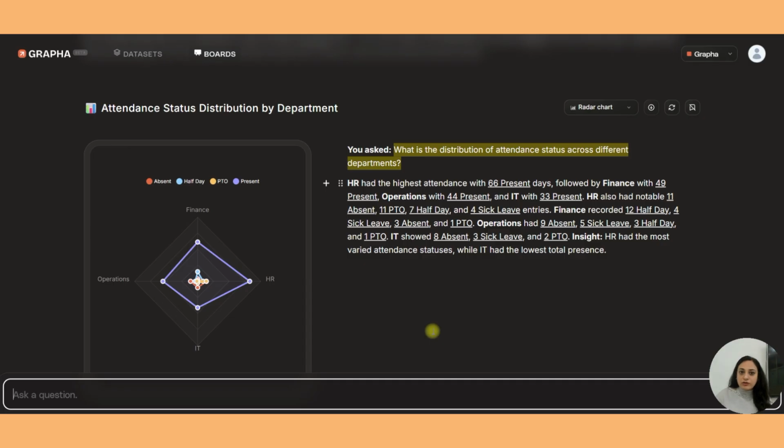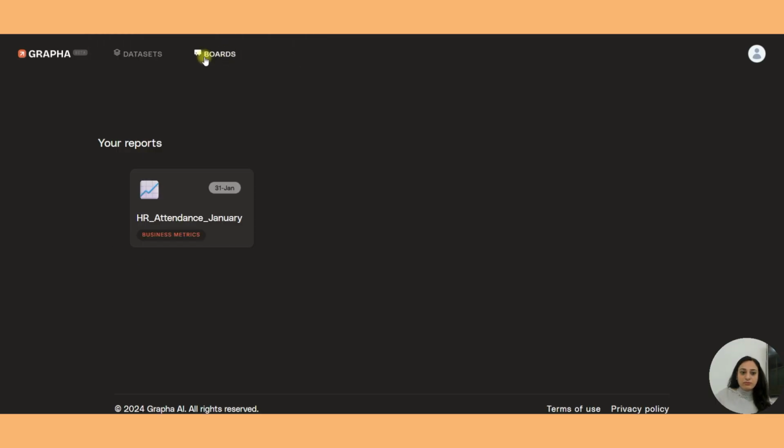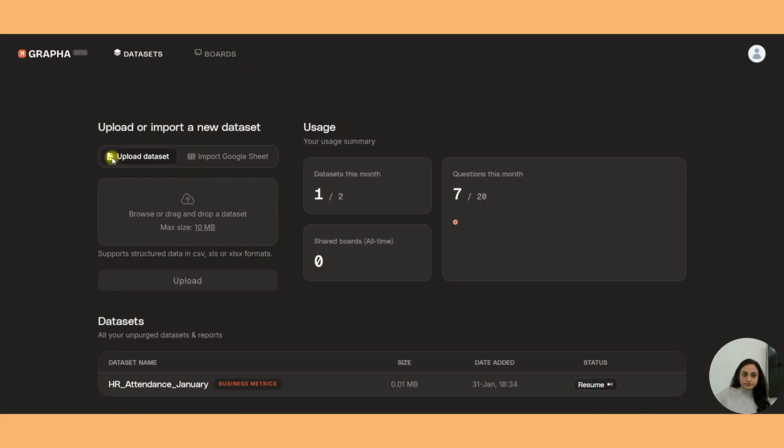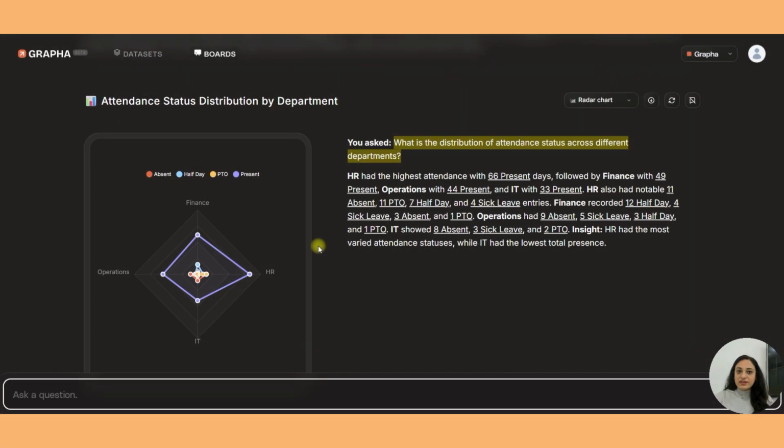So Grapha is good for ad hoc analysis. Whatever datasets I upload will show up here in dataset name, and then there is an option of boards wherein it will show all my reports. So clicking resume for this dataset. Given its user-friendly interface, Grapha is easy to learn and use, great to get fast insights without dashboard building, and